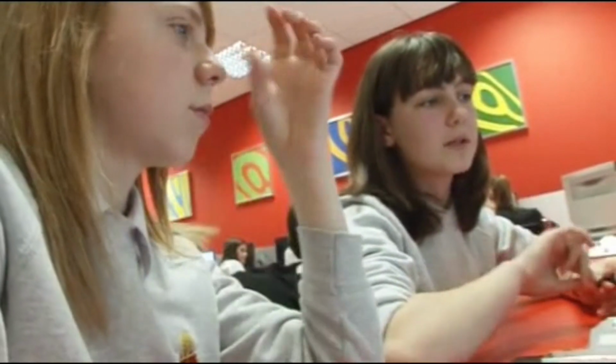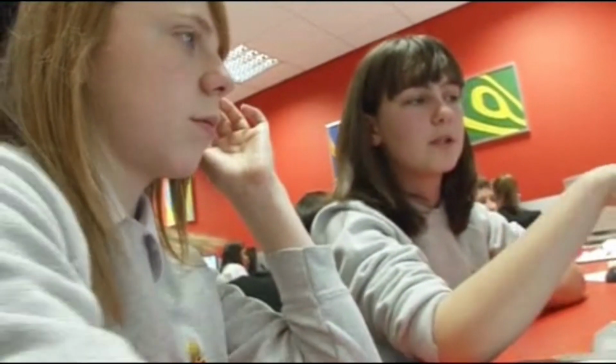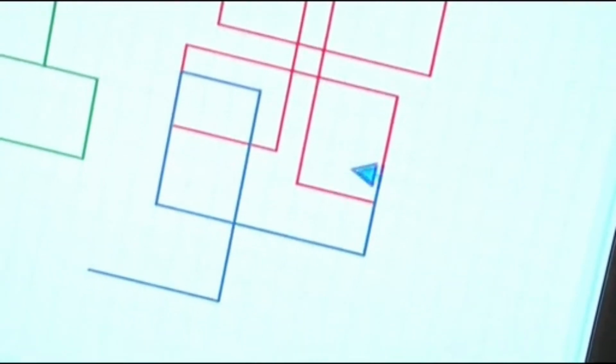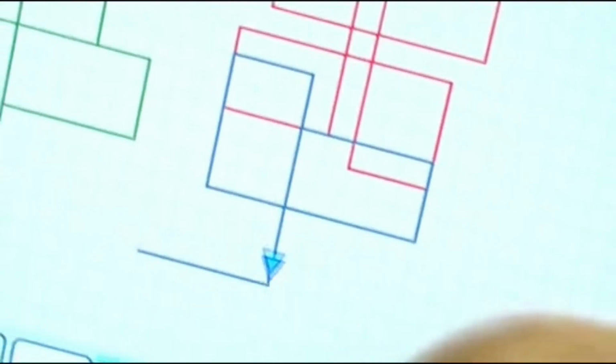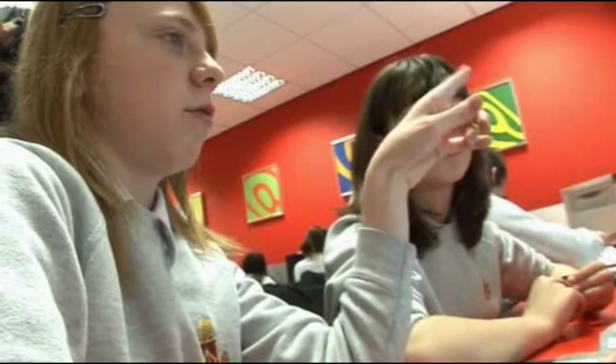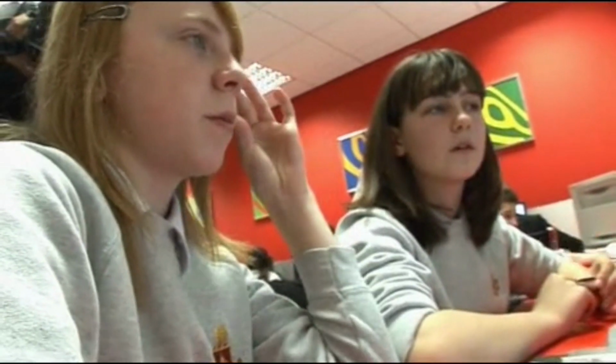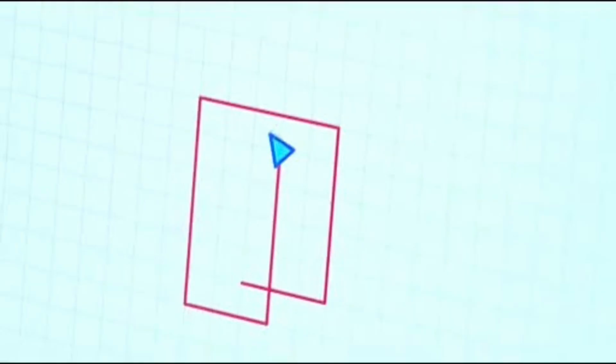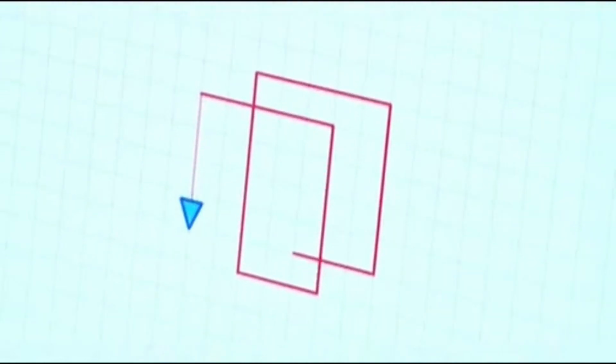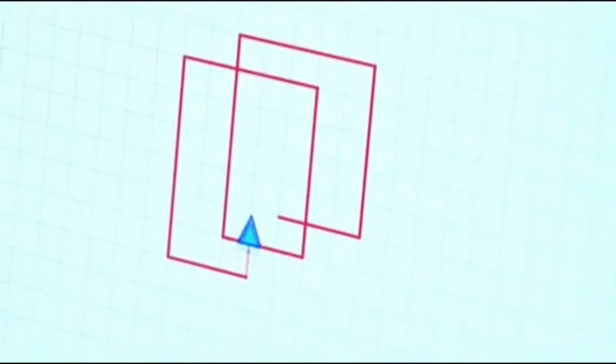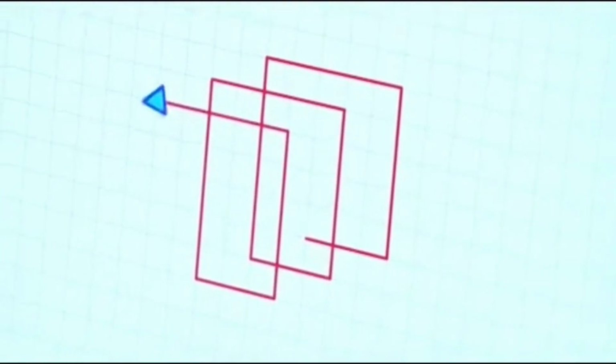And then we tried mixing the same numbers, but putting them in different orders. So we've switched any two numbers around, so it's going to make it like a reflection of it type thing. It doesn't end up where it started. So it never stops. Okay. So it's kind of like a spiral, I suppose.